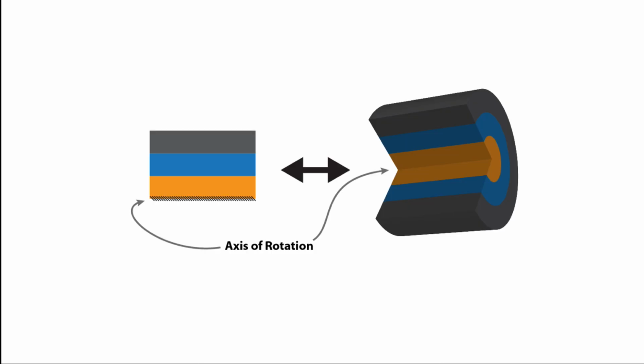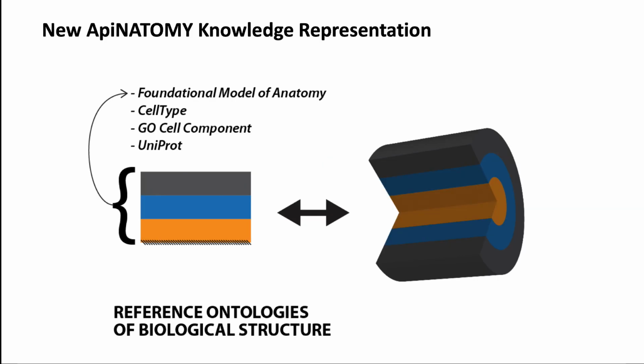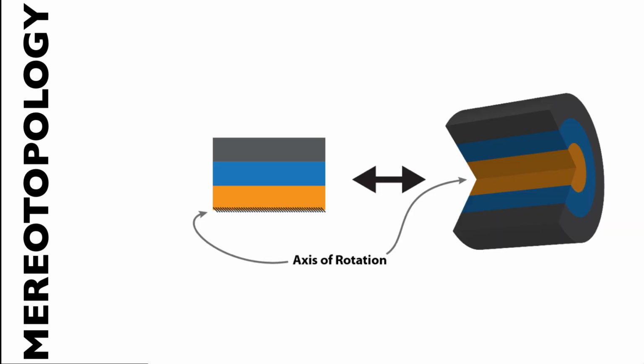So what kind of knowledge can LIF templates capture? Well, LIFs represent conduit structures. In ApiNATOMY, knowledge describing such structures includes annotations to reference ontologies declaring a LIF object as representing an instance of a biological structure class, as well as 4 kinds of mereotopological information, namely 1. Borders and their polarity,